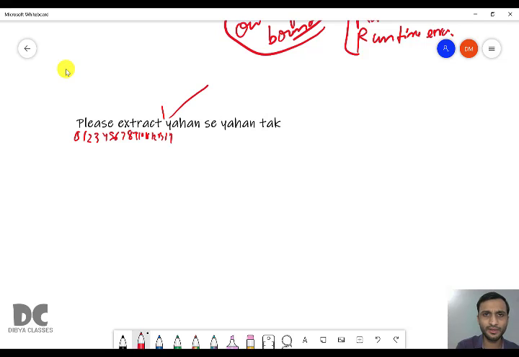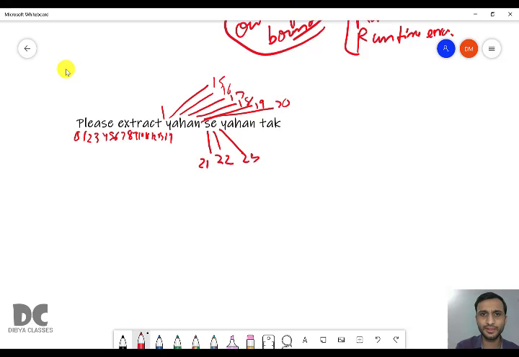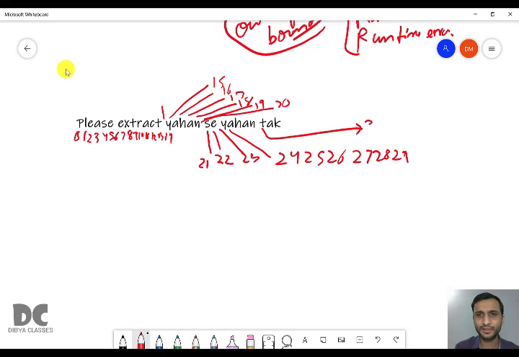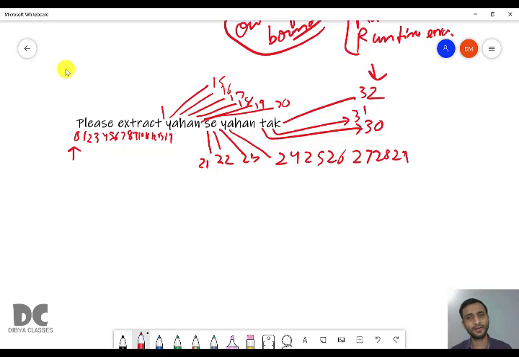Then from Y, 15, 16, 17, 18, 19, and this space is 20, 21, 22, 23, 24, 25, 26, 27, 28, 29. Then from T, 30, A is 31, and last one K is 32. So it will start from 0 and it will end at 32.